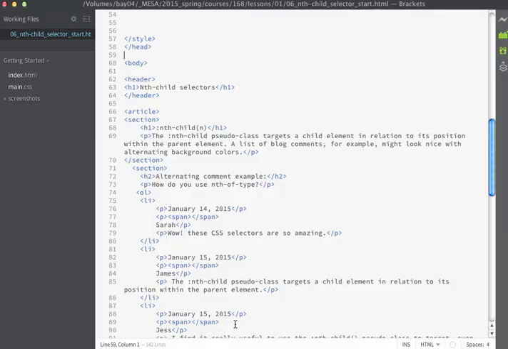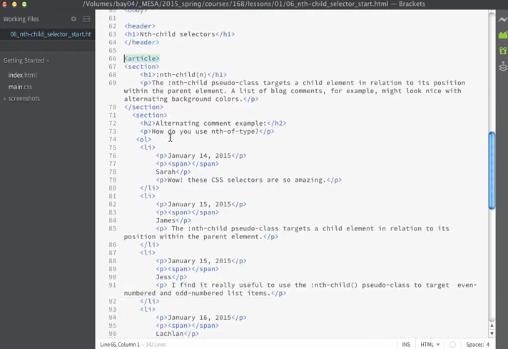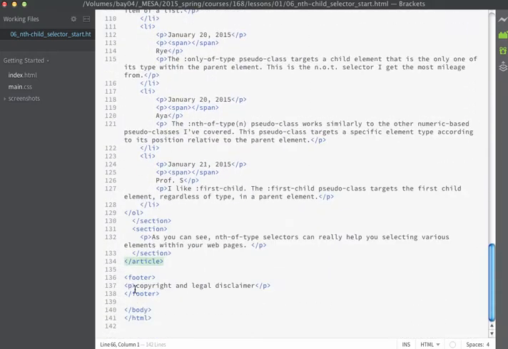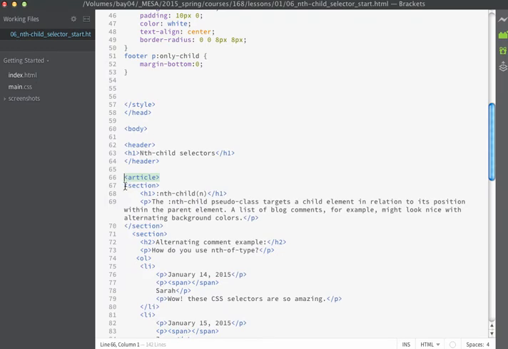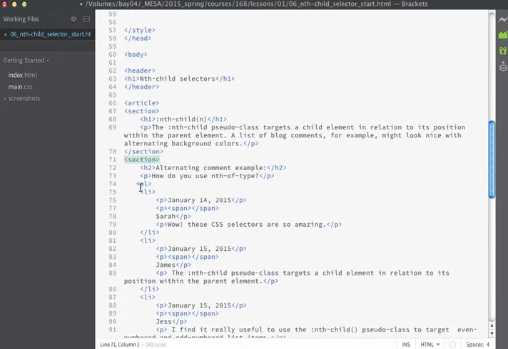The HTML that we're going to start working with looks like this, and this page is very similar to some of the ones that we've been using in the previous exercises. The main difference is that in the body section I still have my same header with an H1. Then I have an article tag that wraps around everything on the page except for the footer. And inside the article I have a section tag that just introduces what the page is about, so that contains an H1 and a paragraph. And then I have another section tag, and this next section tag is going to contain kind of the meat of the page. It starts off with an H2 and a paragraph, and then there's an ordered list,